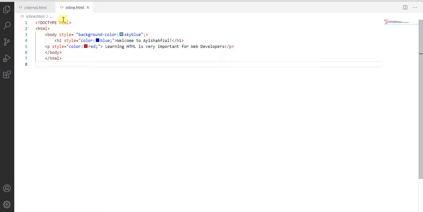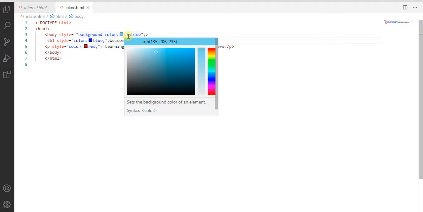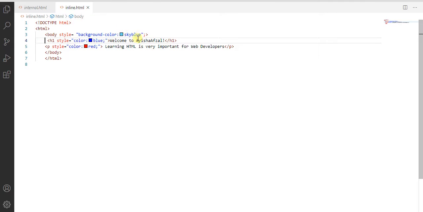For example, you can see the same coding I have written here. For the h1 tag I want to display it in blue color. For the paragraph tag I want to display it in red color. Then for the body tag I want the background color as sky blue. Three types of styling I used for three types of tags. It's not only for color, you can use it for font, anything else. For basics I have just given this. In detail we can see in CSS all the attributes available to style this HTML document.